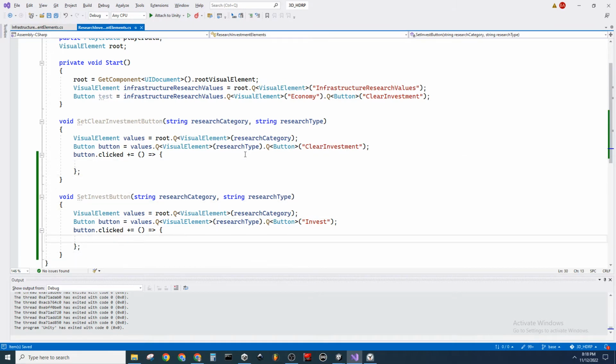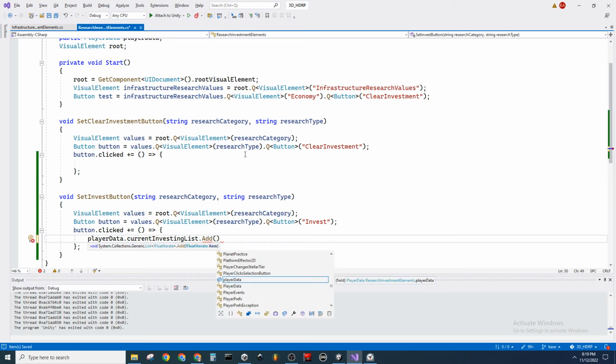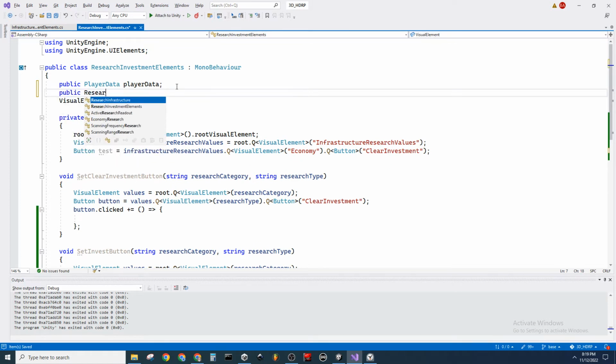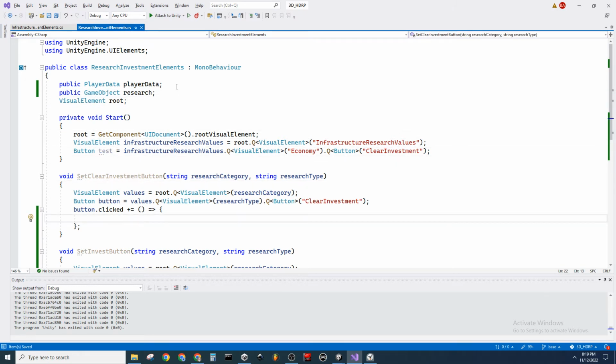So the first thing I want to do, okay, so if the invest button is clicked, the player data's current investing list needs to add a specific component. And that component just happens to be something that we need to grab from our public research, I guess we can just call it a game object. Call it research. And we are going to...